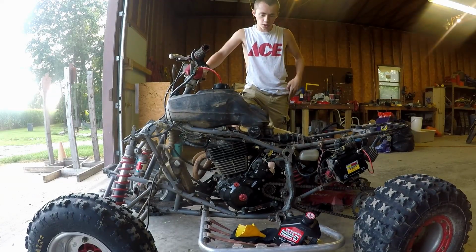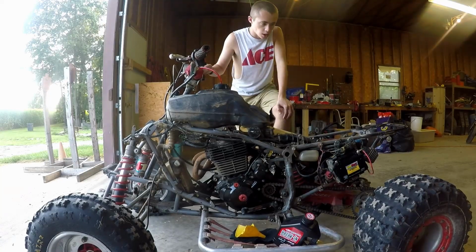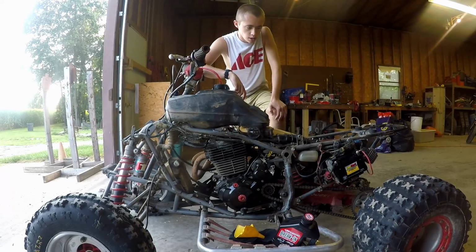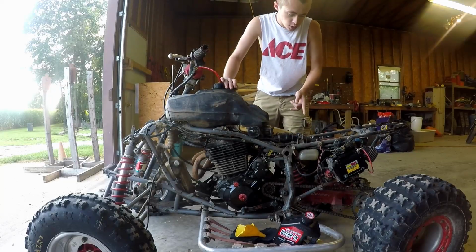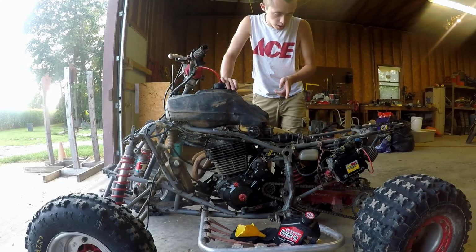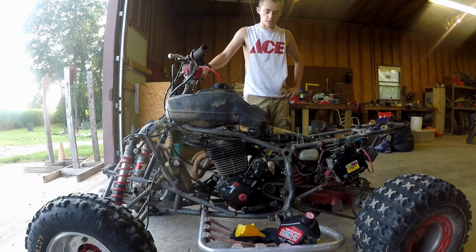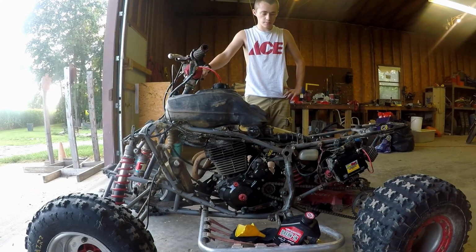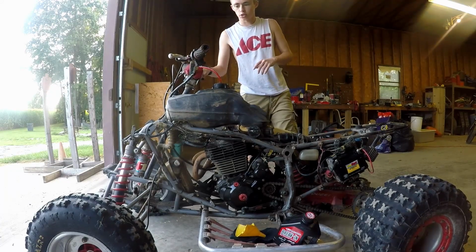I went to try to start it the other day when I was making the video. It's actually a couple days later, and I hit the starter button and nothing. I thought it was because the battery was super dead. Turns out the battery was super dead. It needed a new battery, but that wasn't the reason. I thought it was a starter solenoid because I jumped the solenoid and it turned over, but then I ended up checking and there was a fuse back here that was blown. So that was as simple as replacing a little 15 amp fuse. So I replaced that, and so the starter solenoid was good. And as you can hear now,